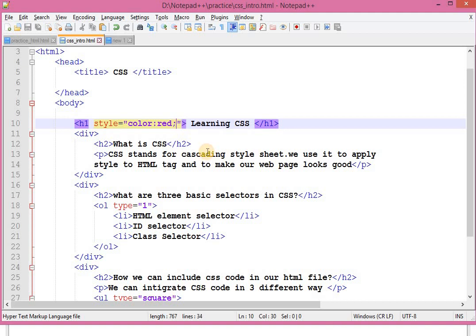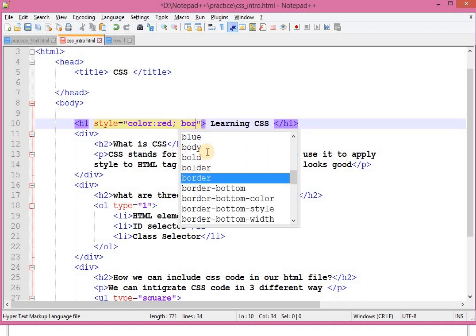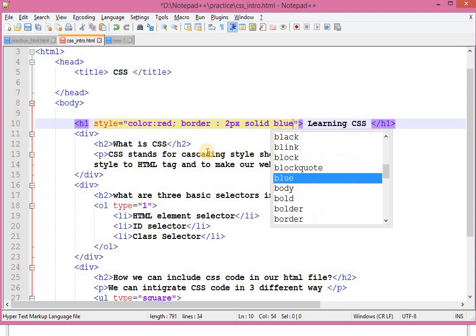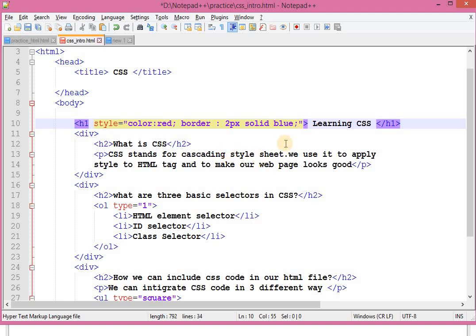Now if I want to set a border, how will I do that? Border colon, property. So the width of the border is 2 pixel, the type of the border, let me set it solid, and the color is, let's say, blue. After that semicolon.